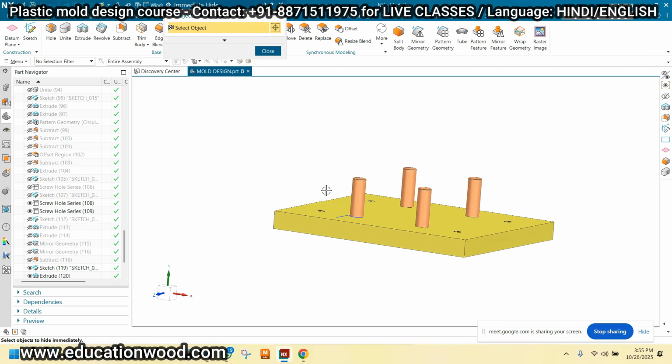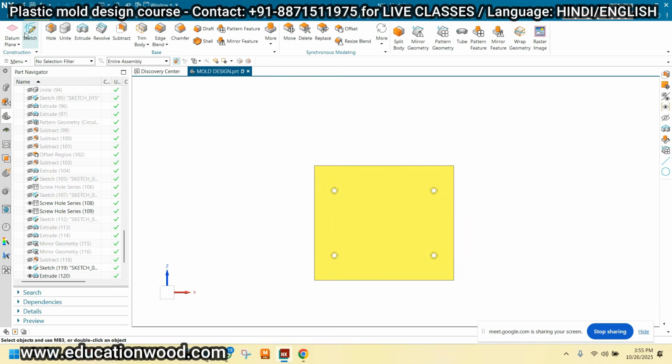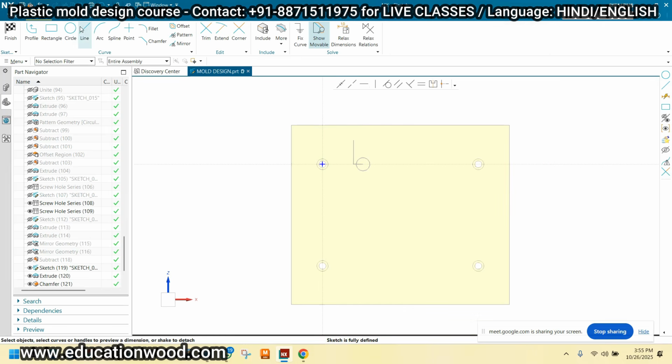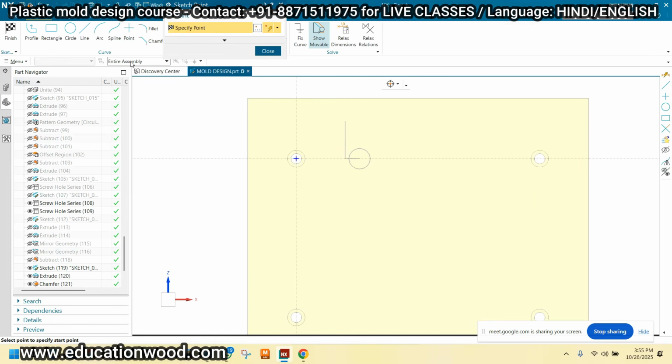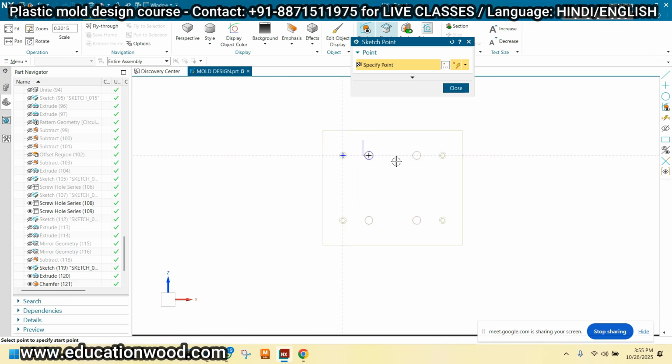Hide this 4 pillar also and connect this pillar with the bottom plate. How we can connect? Tell me. 1. Let me check. Partially. 2, 3, 4.